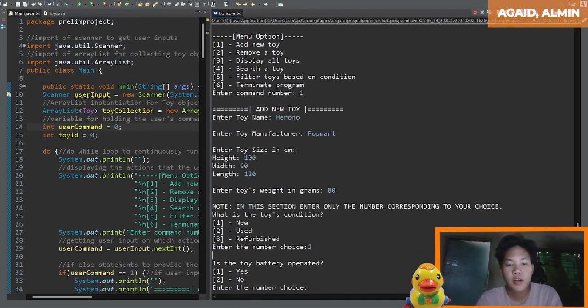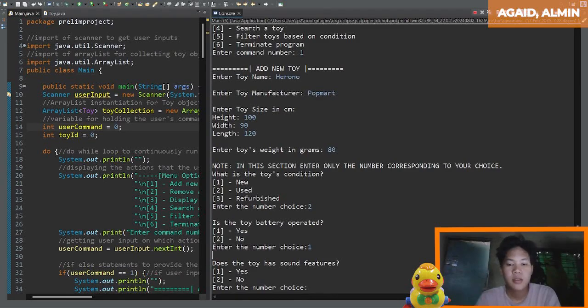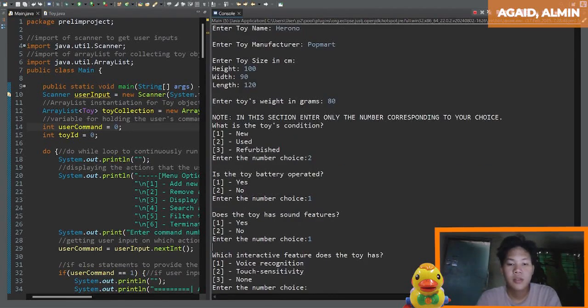Is the toy battery operated? Yes. Is the toy some features? Yes. It's interactive.